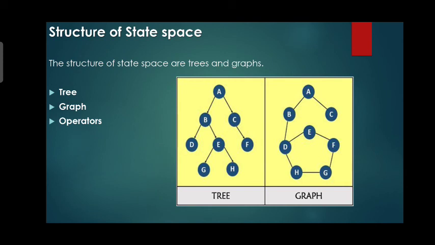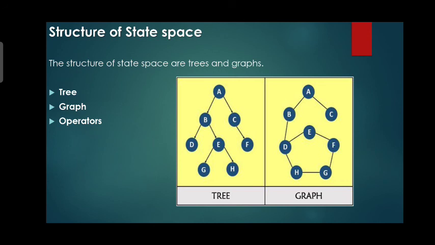But what is a graph then? A graph is basically a non-hierarchical structure that consists of nodes and edges and has several paths to a given node. You can see over here there are several paths by which I can reach from D to F. If that same graph is represented by a tree, then there is only one path by which I can reach from state D to state F. Here the nodes are basically the states, and the edges connecting two or more states are basically the actions.